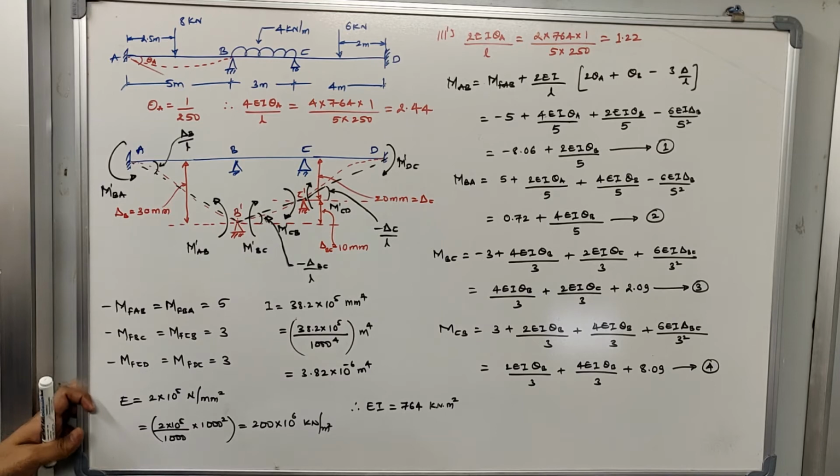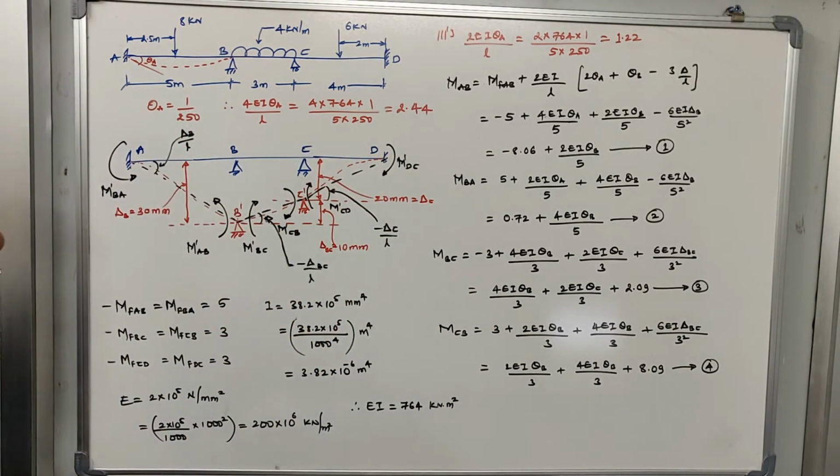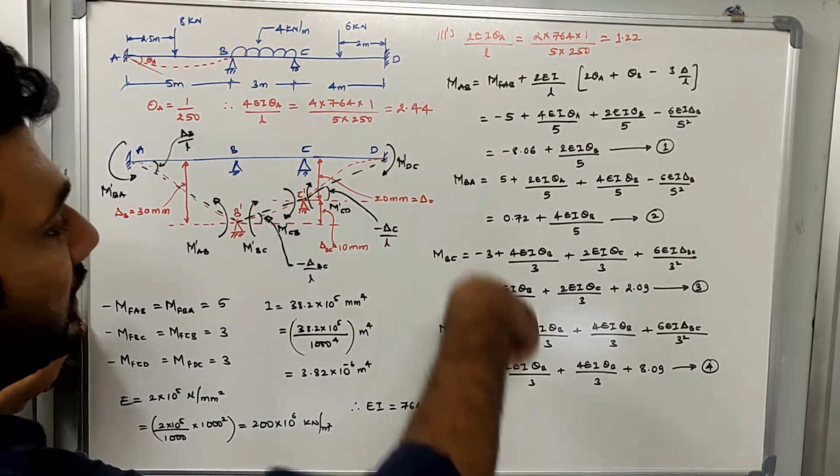Okay, you remember this. This is how this works. Now once you have understood this part, what is the value of delta by L to be substituted in different slope deflection equations, we are going to develop the slope deflection equation now. I am going to solve 4 slope deflection equations, as you can see here.